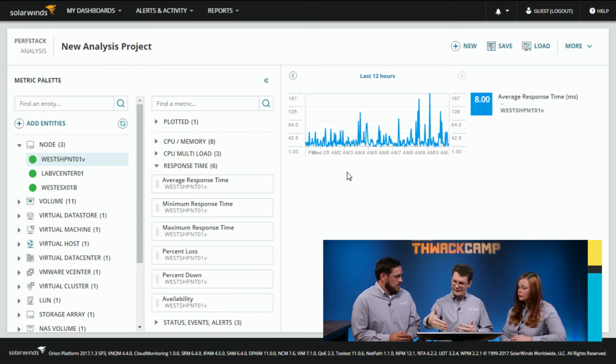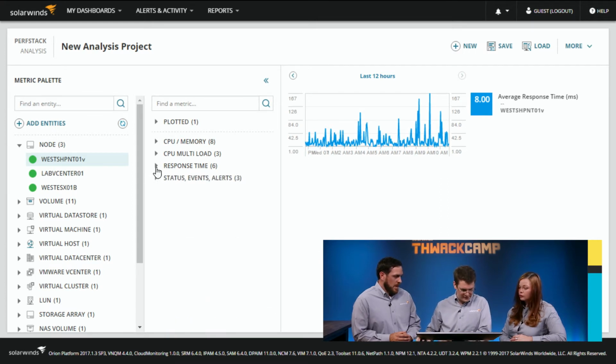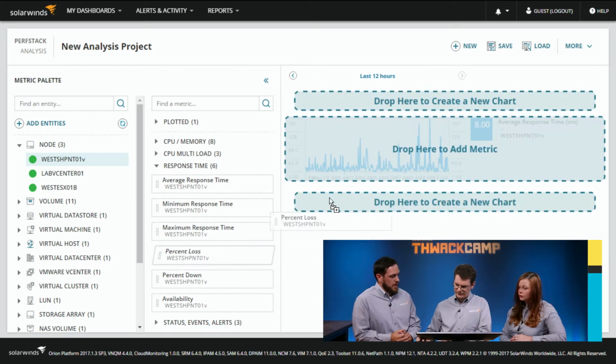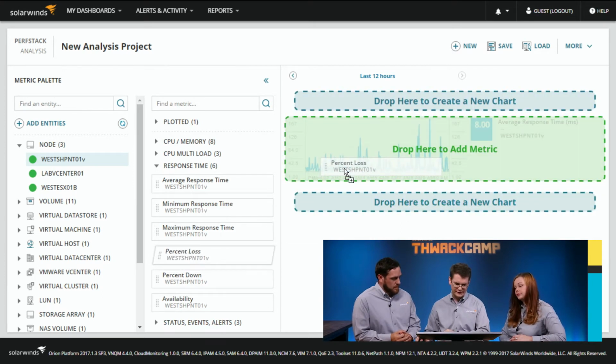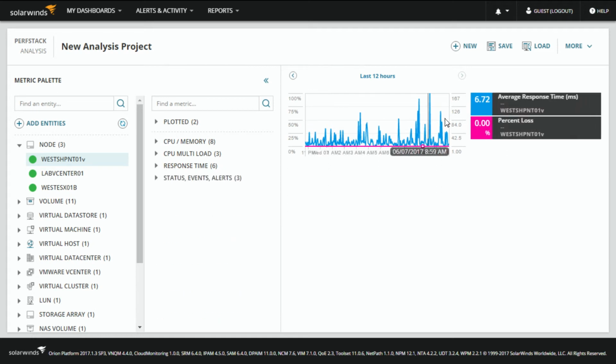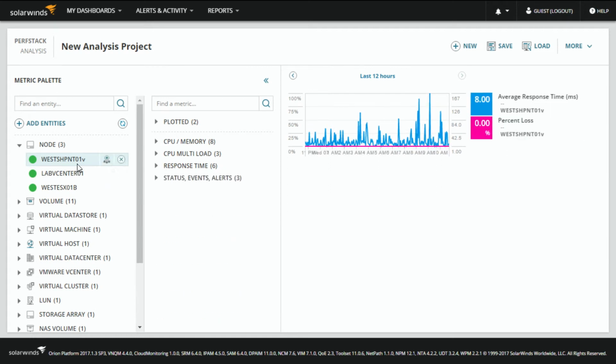So I'm going to show that. And this allows me to correlate versus the other data sets that I pull in. So I'll pull that in. And this specifically is the response time of the server. Yes, right, from the poller in this case. I'll pull in percent loss as well. That looks fine. My latency is varying a little bit here, which is a little weird, but it doesn't map to the extreme slowness that we're having in our scenario.